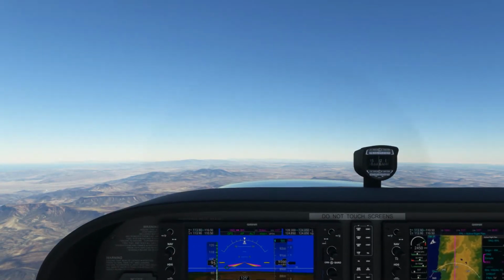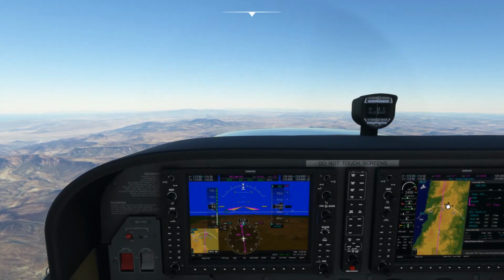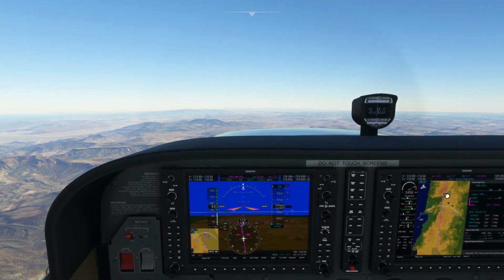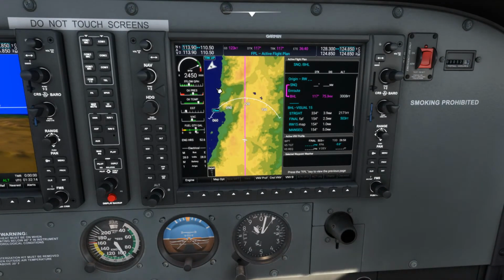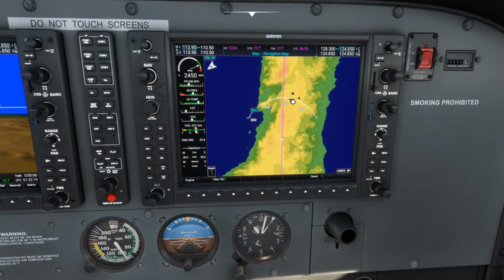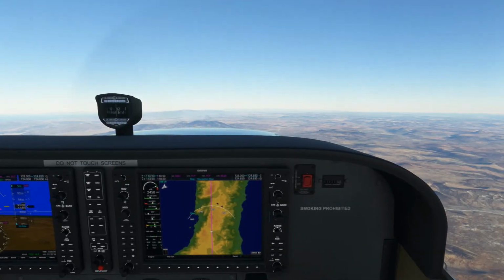So those lakes that we saw, when we get there, I don't know how many nautical miles we would be from it. This right here is a 25 nautical mile range. But when we get to it, guesstimated maybe 10 nautical miles, 15 maybe. Of course, we'll see it out of our right-hand window here.